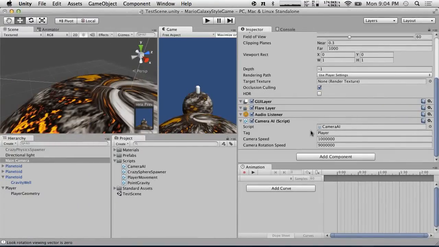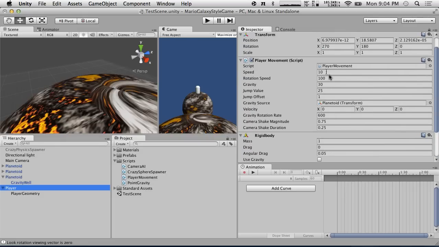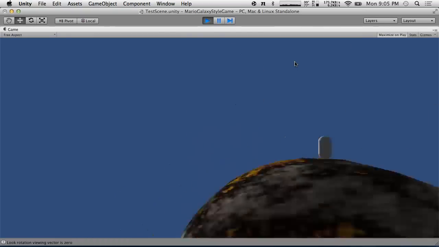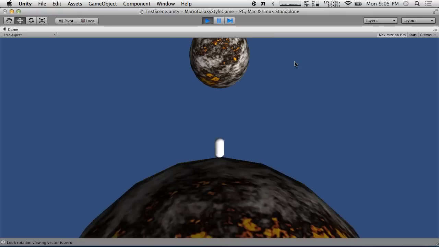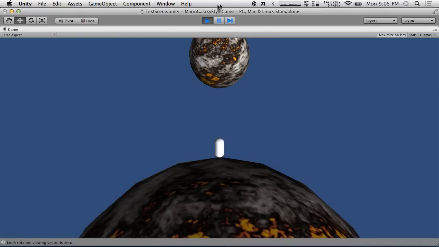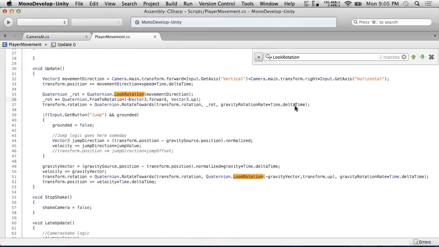All right, let's make the gravity rotation rate really, really, really, really fast, for right now. So, gravity rotation rate. Yeah. Wow. That's interesting. Interesting is a word you can use for it. Undo. I need to play with this stuff more in the off season. All right, so